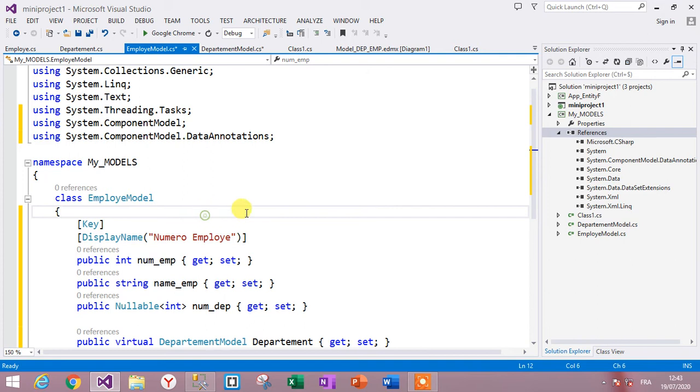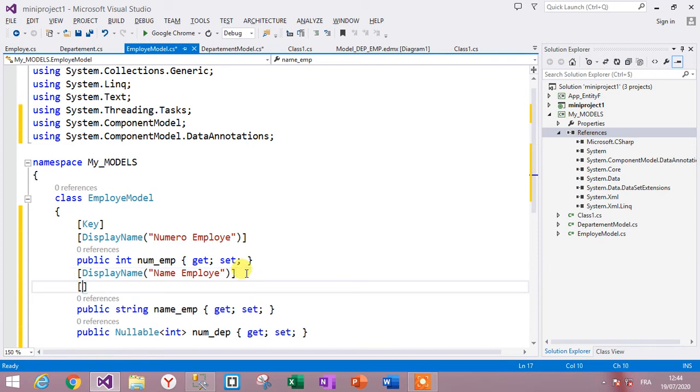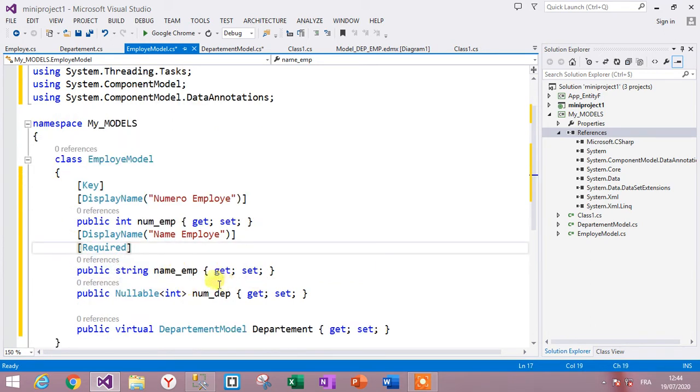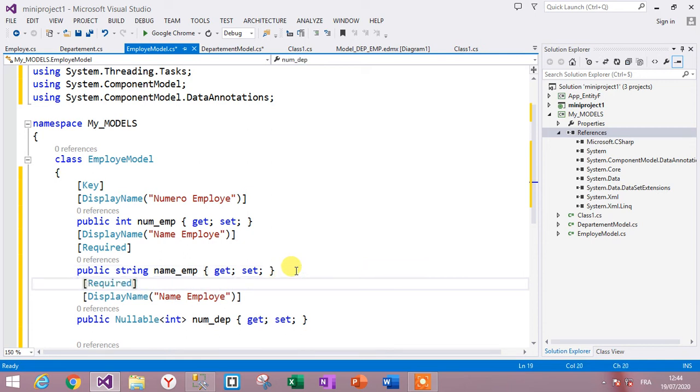Now we can do the same with Ctrl+C, Ctrl+V, name employee, and we can use this validation, Required, is obligatory, and name department. Now we can use the display name, can use the Required, let's say name department,